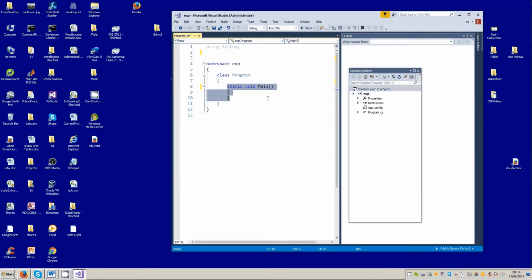We've got quite a lot of complications here, but all we want to do is go ahead and write some programming, and this is in fact where we write our program, in here inside Main. Now what is Main? Main is actually a function, and we don't really talk about functions till later in the course, so for the moment it's a function. Static means it doesn't need an object to operate the function. All of this doesn't mean a great deal, and don't worry that it doesn't, because all we're interested in is writing our program, which is going to go here. Void means that the function returns nothing, for example,